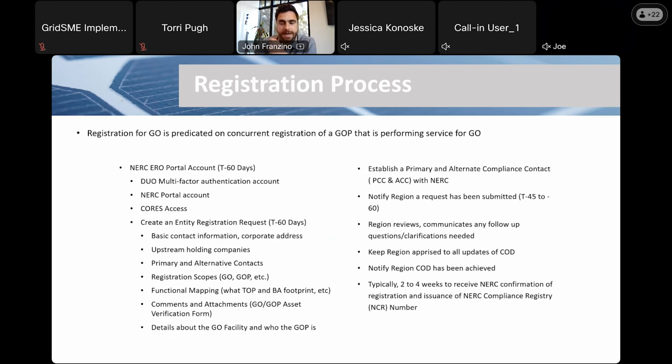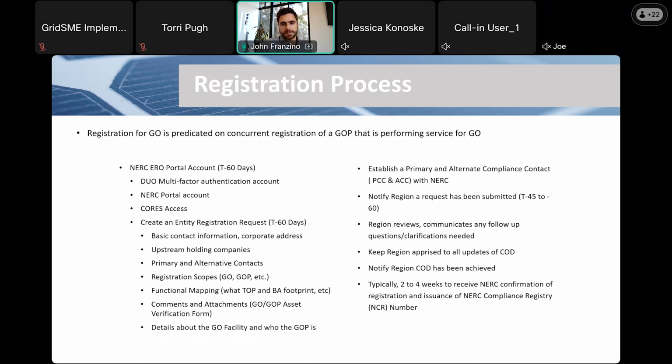All right, and then just real quick, what does the registration process actually look like? Another area in which, for clients who are new to the NERC world, usually there's a lot of concern, like, oh, this is going to be a big deal. The actual registration process is the quote unquote easy part, right? It's all that preparation we talked about, getting the program in place, having day one evidence. That is the heavy lift. The actual registration process isn't all that painful,